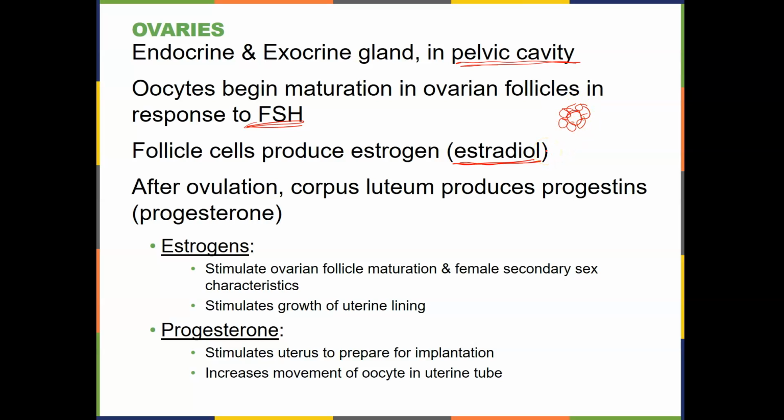After ovulation, what ends up happening is the corpus luteum, so ovulation, let's back up a minute. So you have estrogen or estradiol increasing by these cells in the follicle, okay? And then as those cells peak and stop producing estradiol, the corpus luteum